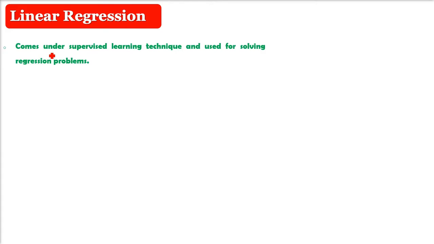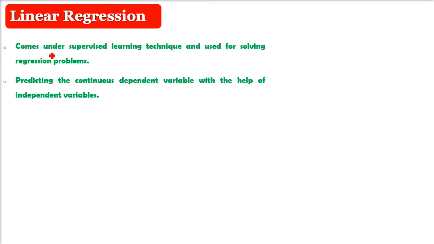Linear regression, as the name suggests, linear, straight regression, is one of the most simple machine learning algorithms that comes under the supervised learning technique and is used for solving regression problems. This is used for predicting the continuous dependent variable with the help of independent variables. The goal of linear regression is to find the best fit line that can accurately predict the output of